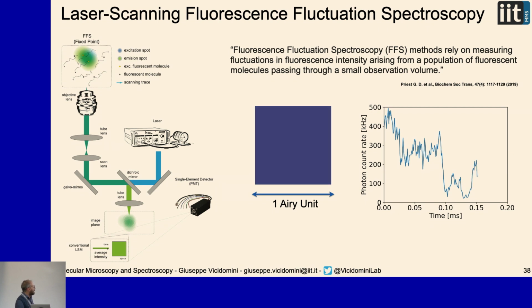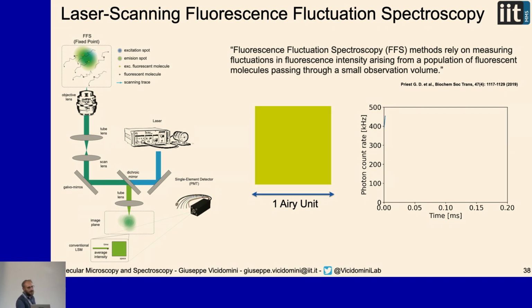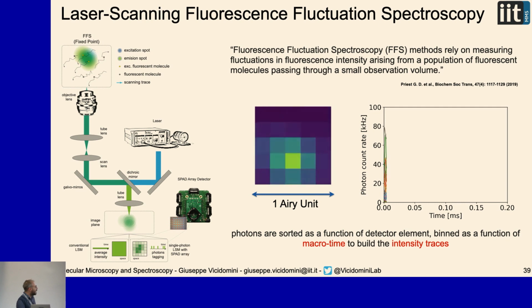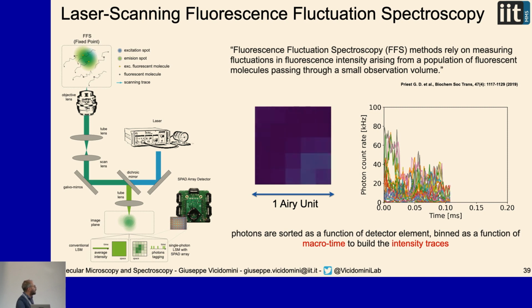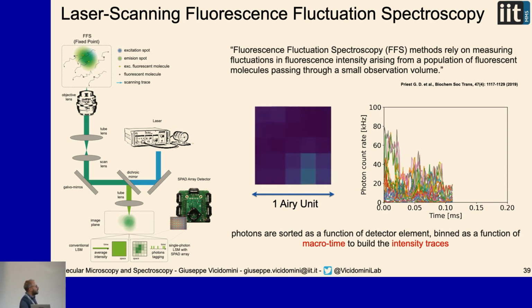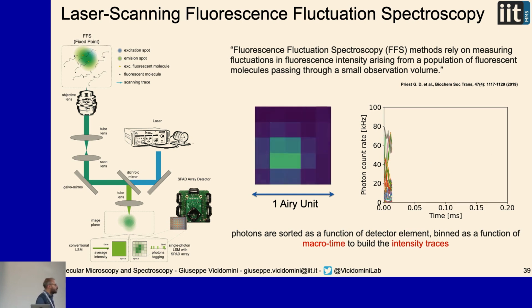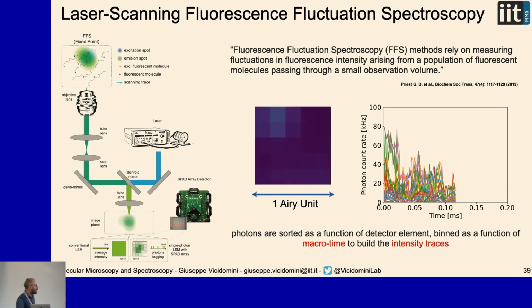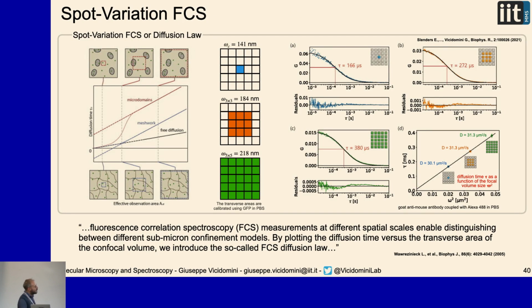In the conventional microscope, I have a single intensity value, as I showed you before, but now that I have a SPAD array detector, I can do almost imaging of this particle diffusing across my detection volume. From another point of view, I can record 25 different intensity traces. Every intensity trace is associated with a specific position inside my probing region. I can analyze this hyperdimensional data set in many different ways, as we do in collaboration with many other groups. Today I want to show a very easy and quite intuitive way to analyze the data,